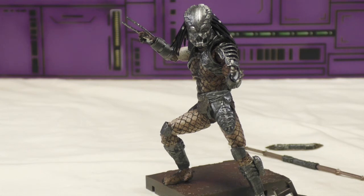I've always wanted a 3 3/4 inch Predator. Now I'm getting one. The Predator that I want to have in this scale most is the Jungle Predator from the first Predator movie. And I hope that while they are making all these Predators, they're going to work out some of the issues so that when they hopefully get around to making that Predator, he'll be a lot better. All right, well, I can't believe I was the one that rated this toy the highest,